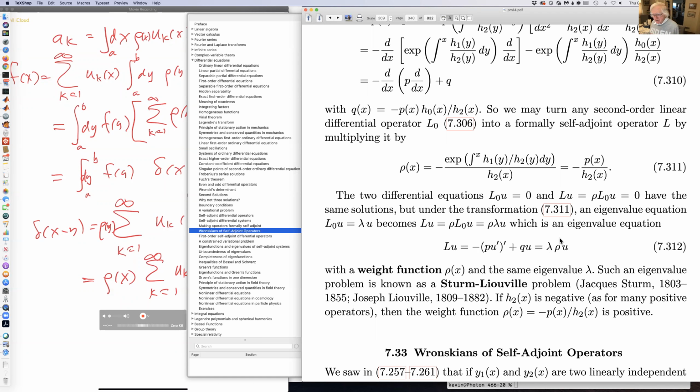So you have the same eigenvalue as long as you make explicit what the function rho was that converted you from L0 to L. Okay, so I wanted to remind you of that, and then to go on to